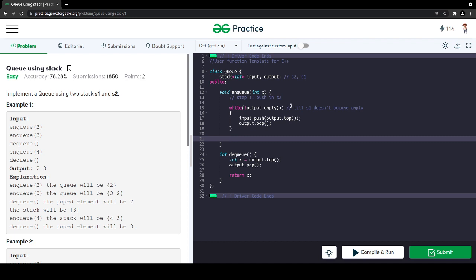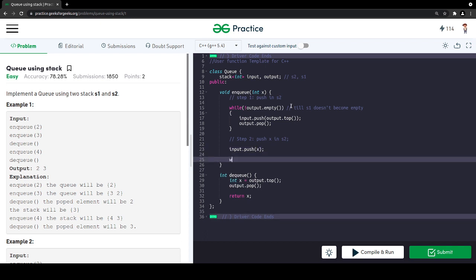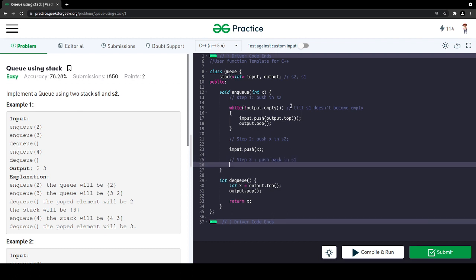After that, step 2: push x into input, so input dot push x. Now step 3 comes: push back into the output.